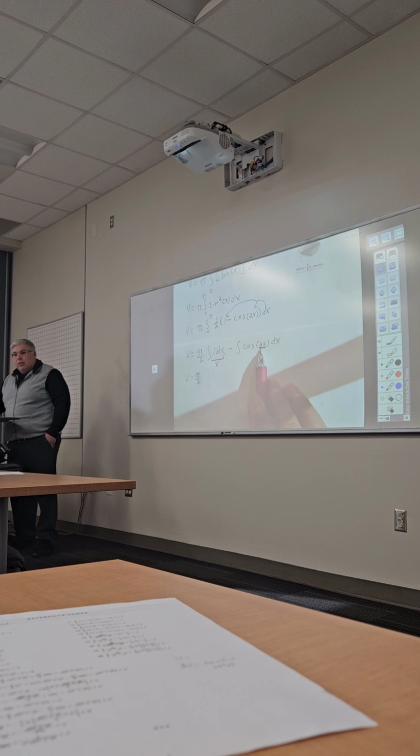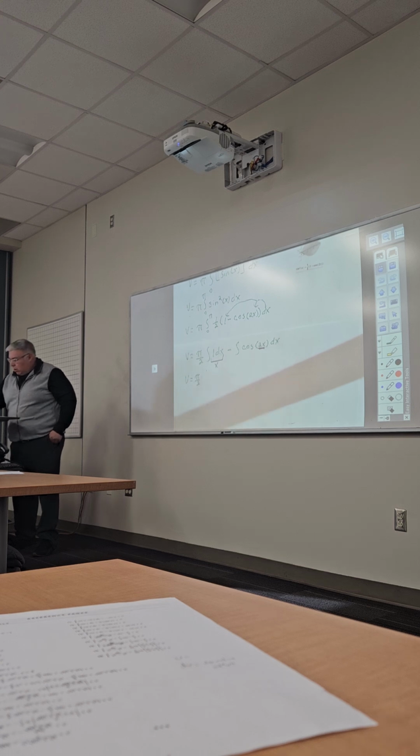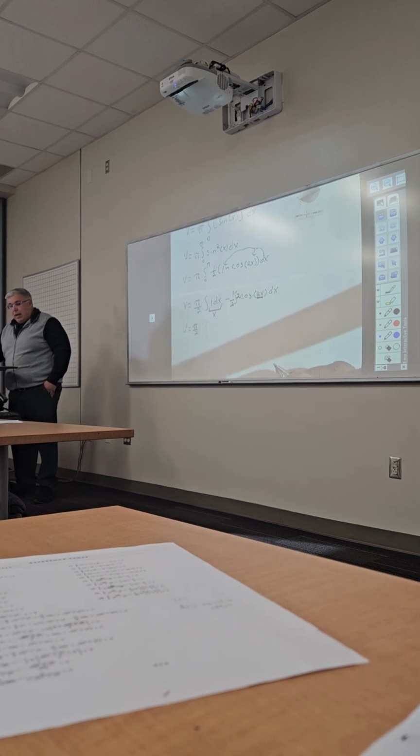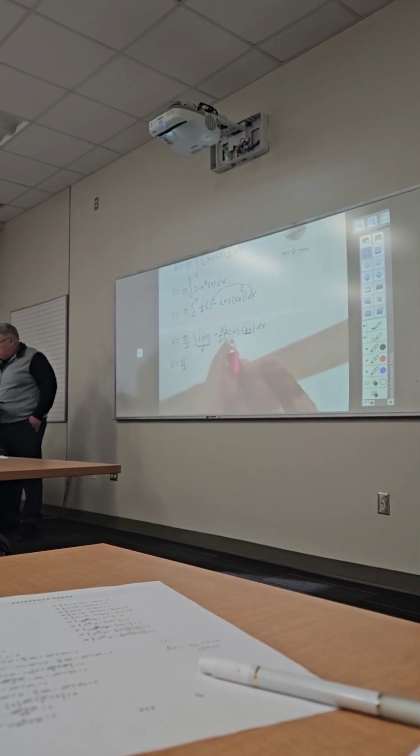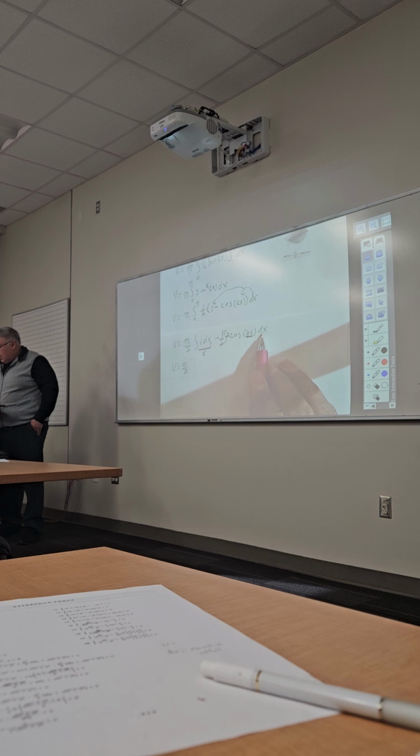What's the derivative of 2x? 2. But do I see the 2 dx? I see the dx. Do I see the 2? No. So I give it the 2, and multiply by what? 1/2. Got it? So now the integral of 2 cosine 2x dx is just